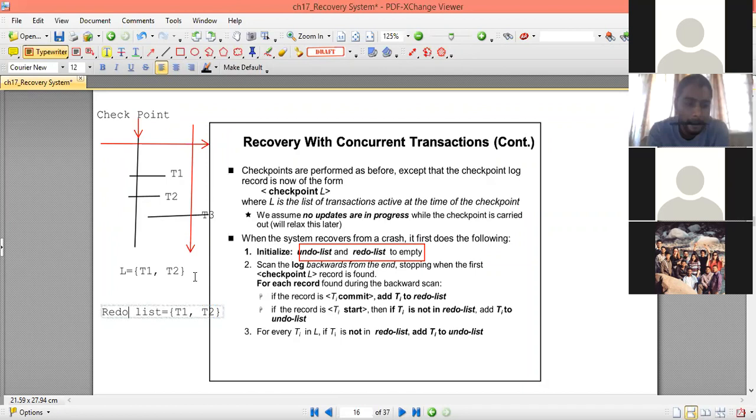That needs to be reflected to the stable storage, so those transactions need to be redone.